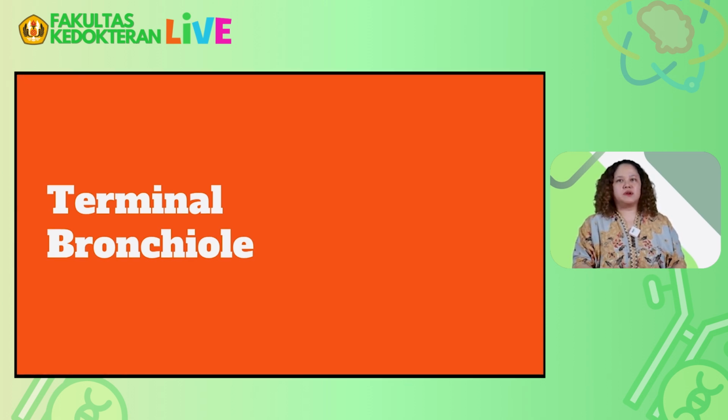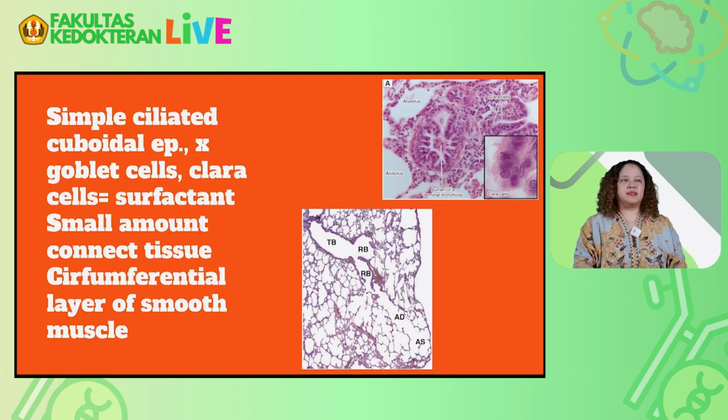Now, after the bronchiole, we continue to the terminal bronchioles. The terminal bronchioles are lined by simple cuboidal epithelium. There are Clara cells here, which are devoid of cilia, have secretory granules in their apex, and secrete proteins that protect the bronchiolar lining against inflammation. The layer of smooth muscle cells is still arranged circumferentially.